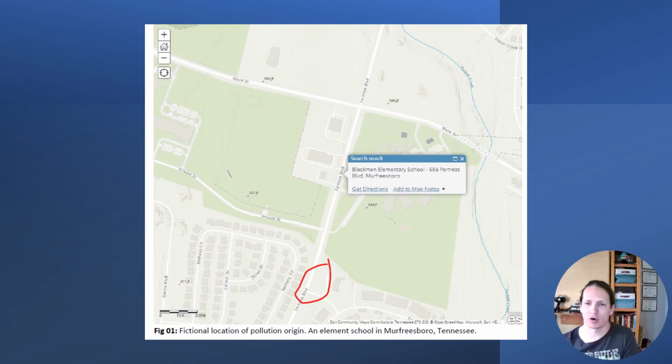So what we do is we start off at Blackman Elementary School, which I think is in Murfreesboro, Tennessee. The situation here is, let's say we just got a call from an anonymous tipster who says, "I saw this guy dumping motor oil down his drain," or whatever. So I first need to find that drain. I'm starting with a known address,